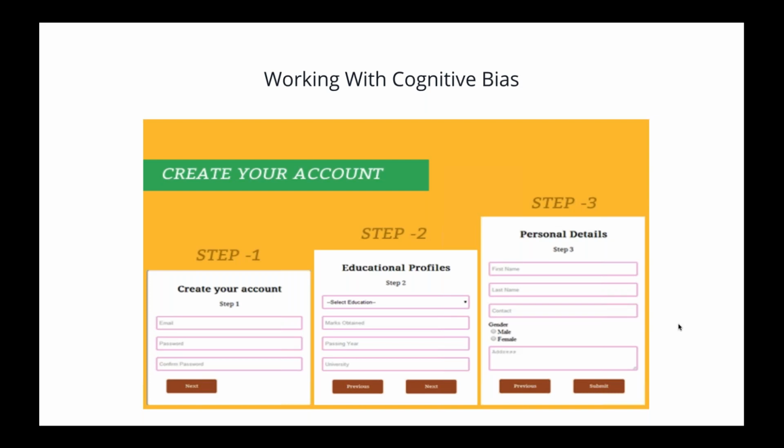Another situation where cognitive bias comes into play is when there's not enough meaning for a user to take an action. This happens when a user is usually comparing your services or your product or different types of things on the website, which leads them into comparison in terms of whether this is a better product or not, whether it's meaningful for them to take an action at that moment or not.